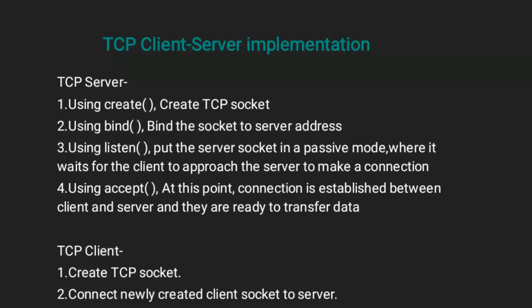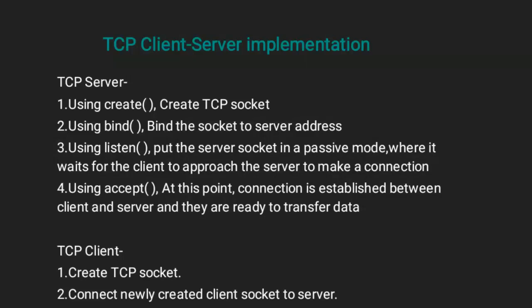The TCP client-server implementation. There are basically 4 steps done by the TCP server. The first step is, by using the socket function, you're creating a TCP socket, and using bind, the socket is bound to the server address. And in the listen function, you put the server socket in a passive mode where it waits for the client to approach the server to make a connection. Using the accept function at this point, the connection is established between the client and server